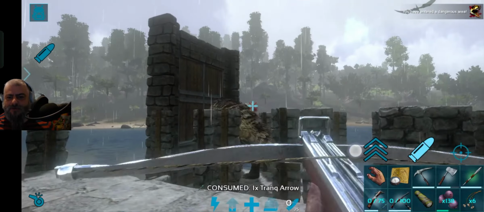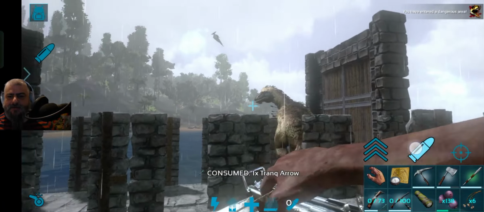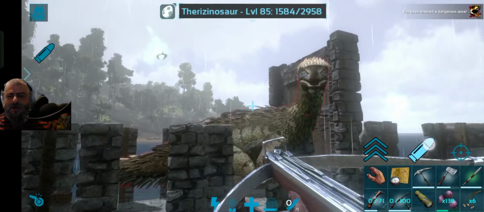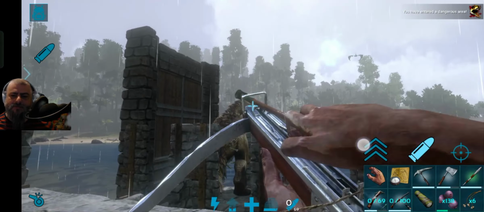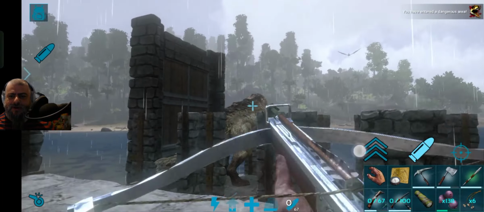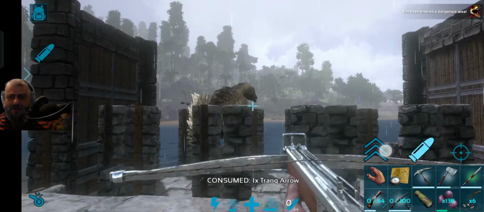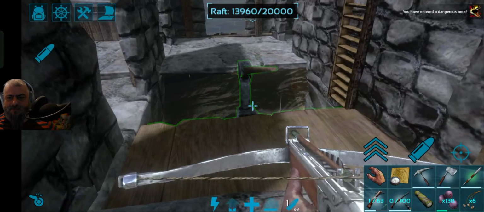Also, you can use your flying creature to try and kite the creature towards your trap. That's the best way to do it, especially with a bigger and more dangerous creature on the island, right? So now we are assessing the damage. We see that it did quite a lot of damage to our raft. I can't start taming it right away because